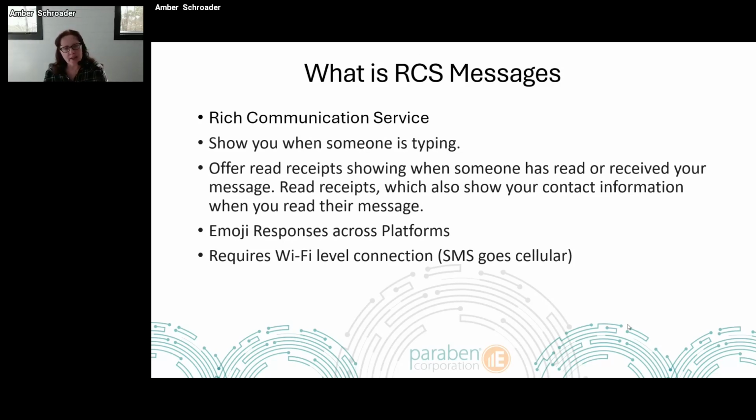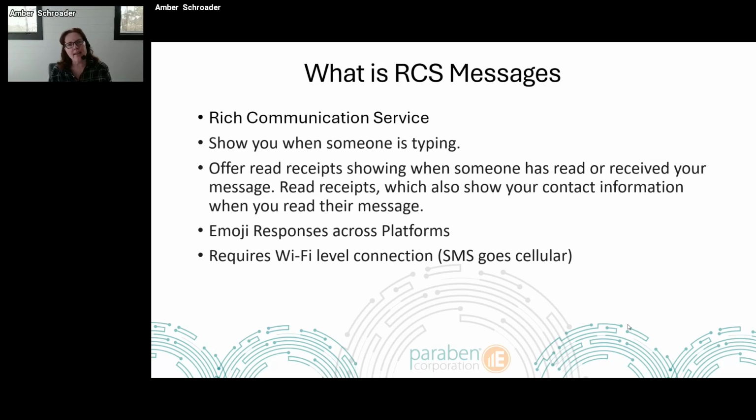We also now get emoji responses with this. So immediately, on my Android, because I'm an Android user, whenever an iPhone user would heart a message, I would get a text that says, they have hearted your message. Now I can actually see the interaction directly with the message, so I know what type of emoji metadata might have been added to that message. So that infers some type of an emotional response with our messaging surface.